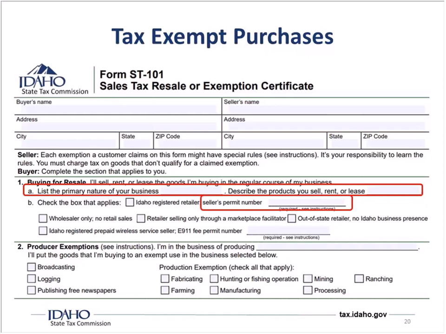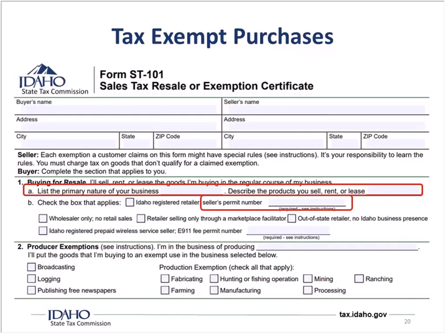Okay, so this is how we're going to fill out an ST-101. What I would recommend is that you go out to our website and download one of these, because I want you to read it and be familiar with it, so that if somebody brings one to you, you know what to do with it. There is nothing worse than having a busy Saturday afternoon where business is humming, and then somebody brings one of these in and you've never seen it before. Or the person working the register has never seen it, so they don't know what to do with it. Everything grinds to a halt, it gets backed up, people get mad, people walk away. We don't want that. So download it, be familiar with it.